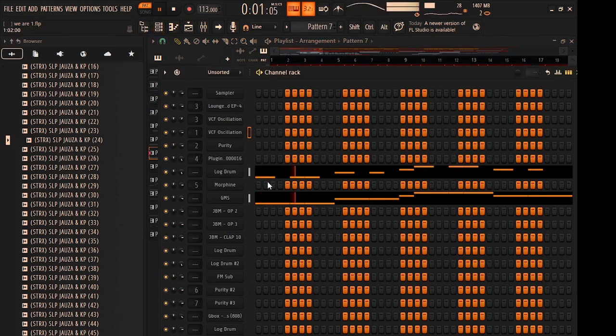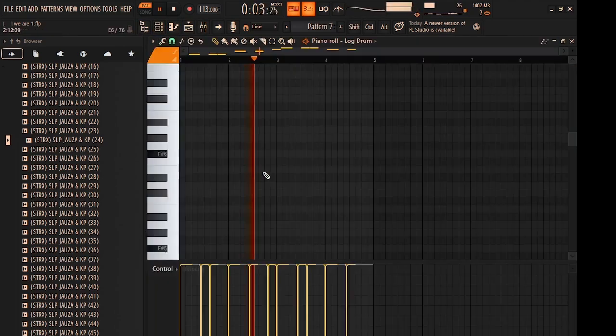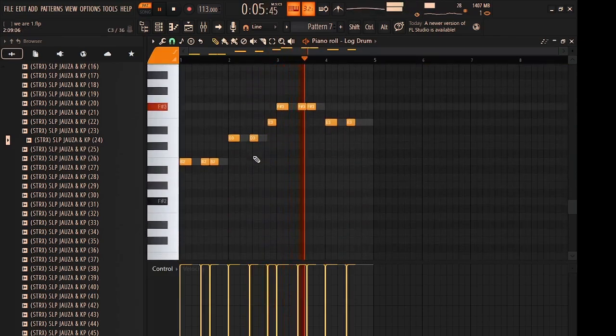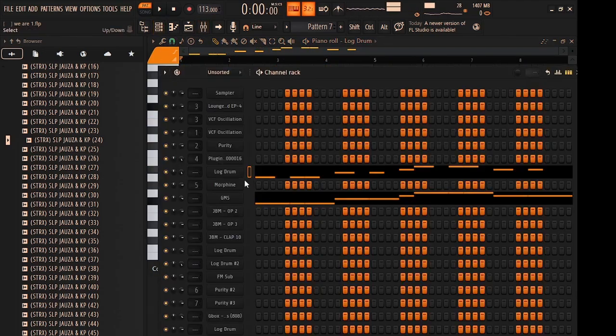Look at this. Simple. But we use the log drum here.